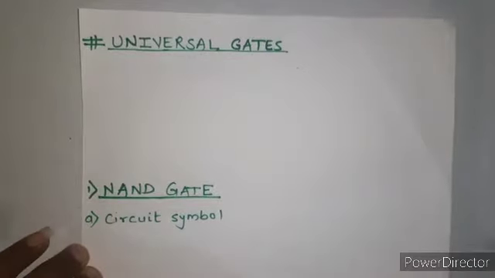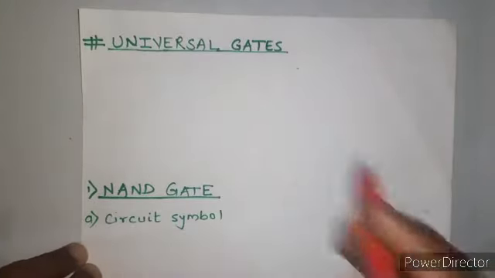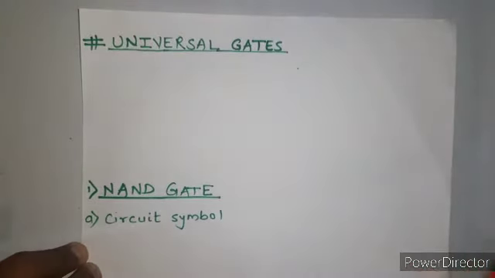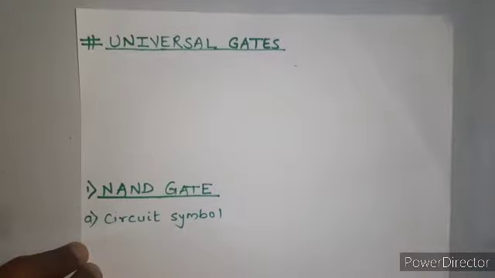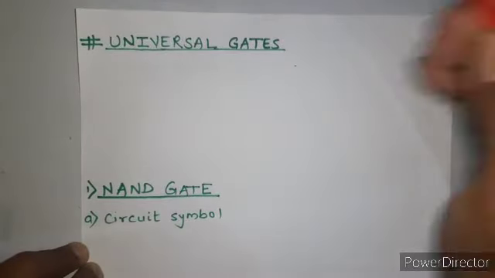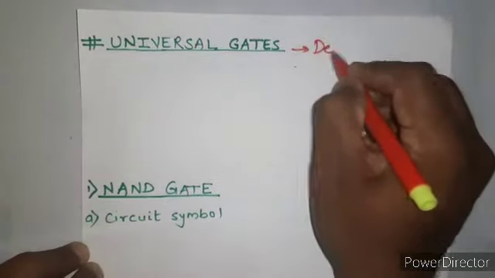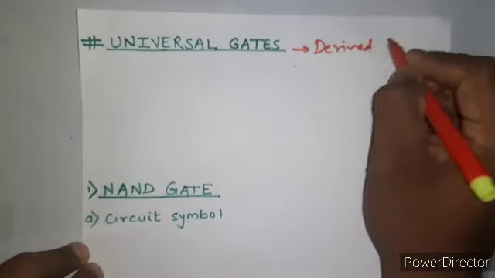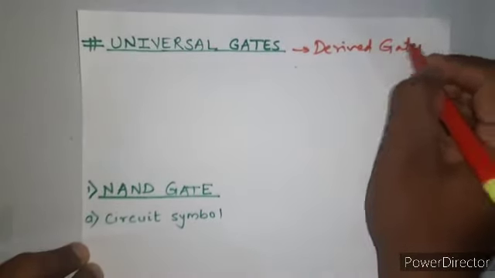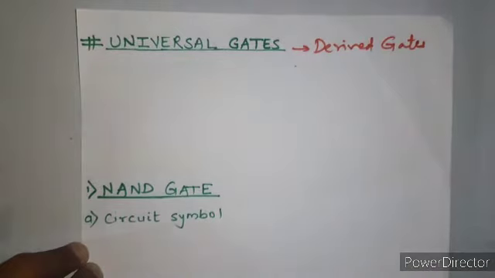All right. So after looking at the different answers of OR gate, NOT gate, now let us move to our next part, that is universal gates. Right. So as I said, these can be classified as derived gates. Okay. Now why derived? We'll see while we are studying the universal gates.